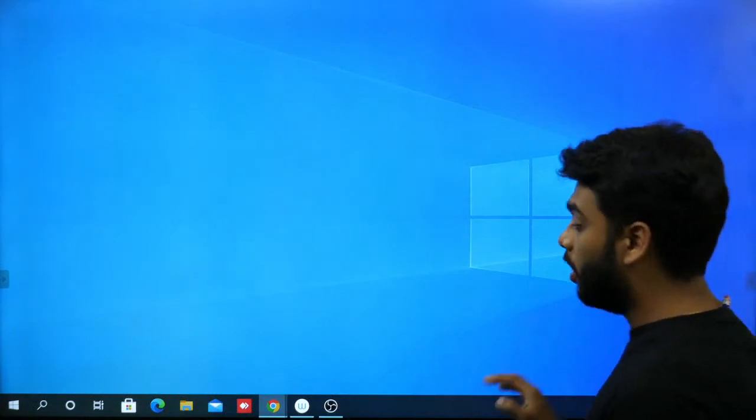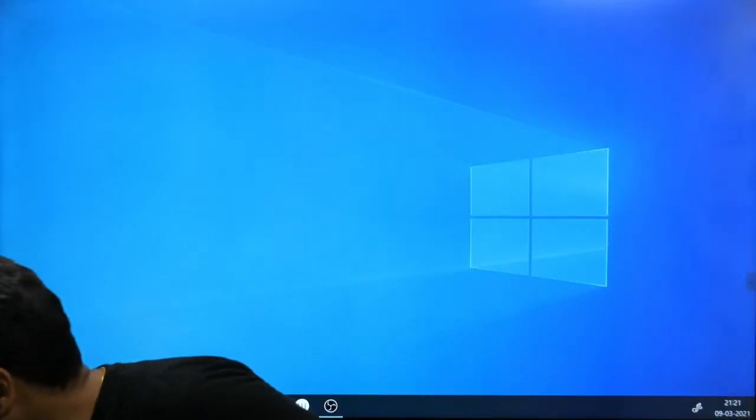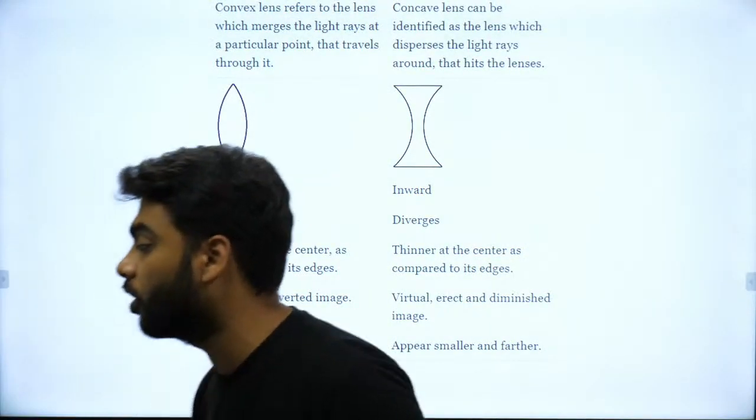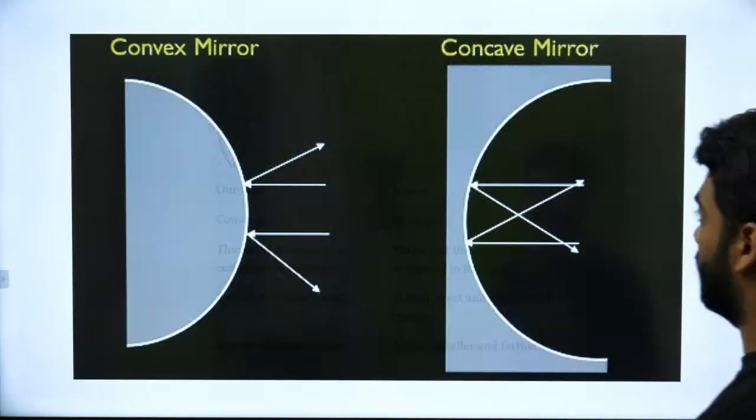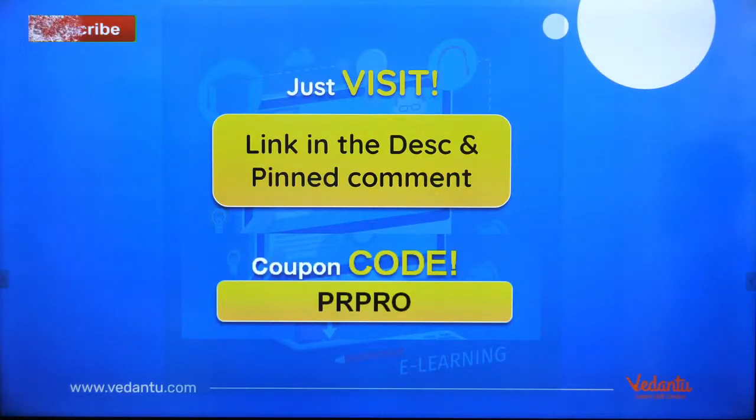है ना? Now again we'll be meeting with more such important concepts, and yeah, in tomorrow's class there is definitely going to be a mentee as well, right? So I hope you guys understood this concept.